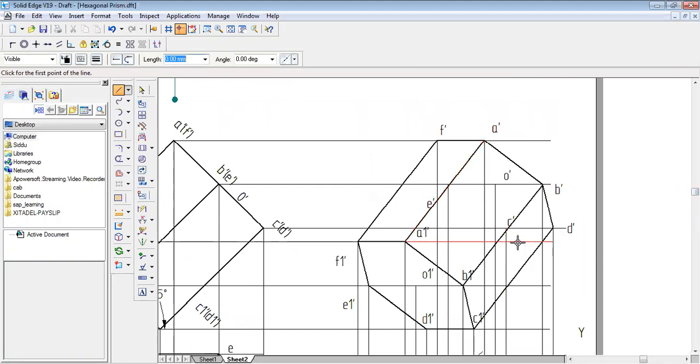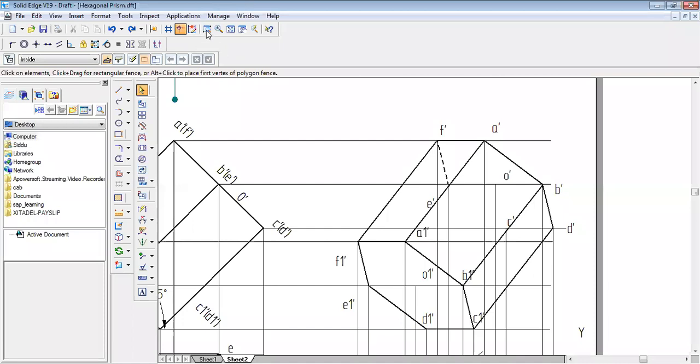This is F dash. See here, friends, what you can notice here is a very slight gap is there.